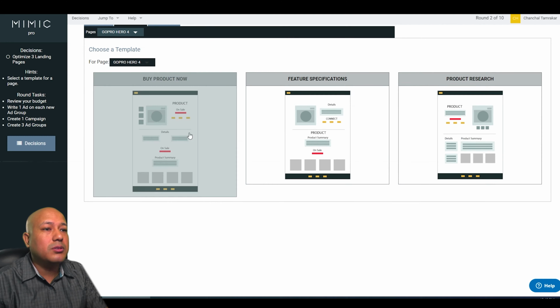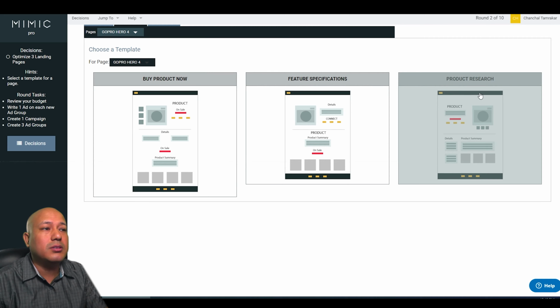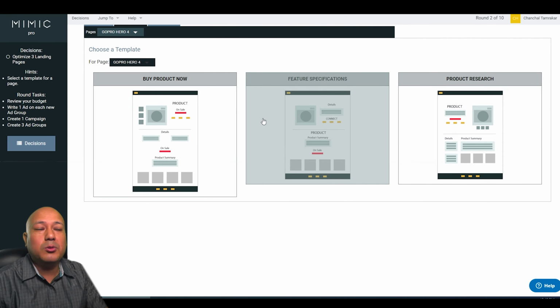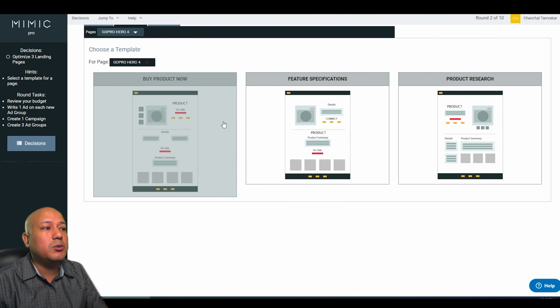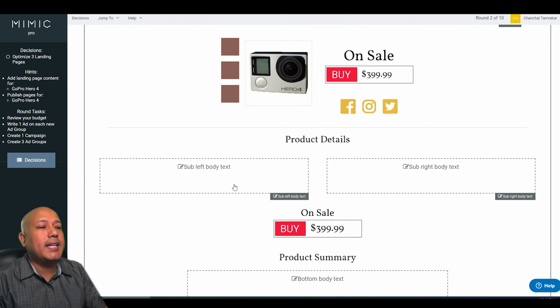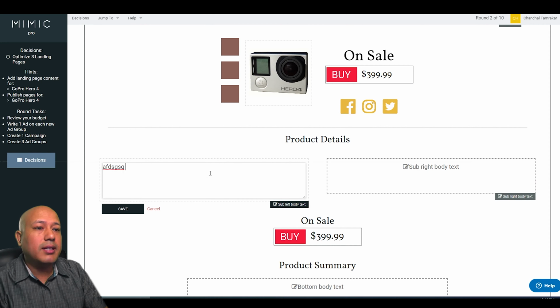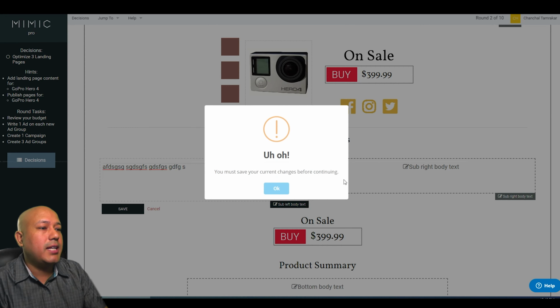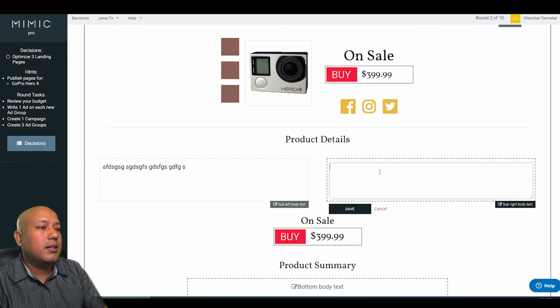Do you want to entice the consumers to buy the product right now? Do you want to send them to a place where they are going to do research? Do you want to send them to a place where there are features, right? You can select whatever you want, and for example's purpose, I'm selecting buy product now. If I select this, then I can create the landing page. Of course, when you are creating the landing page, I hope you've already taken the landing page optimization class,